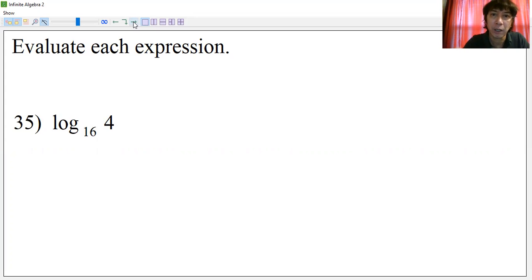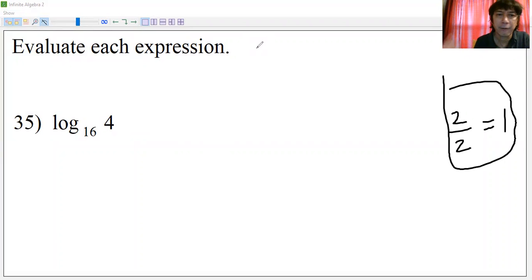That's the technique. You only need to introduce 2 over 2. That's 1, from the exponent. All right, let's continue and use this idea over here. We can do something like this: logarithm of 4 raised to 1, because 4 is 4 to the power 1, and we shall replace the 1 with 2 over 2, because 2 over 2 is also 1. And along the way, we'll be producing 16.